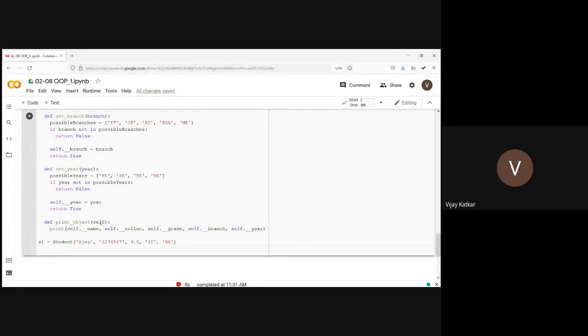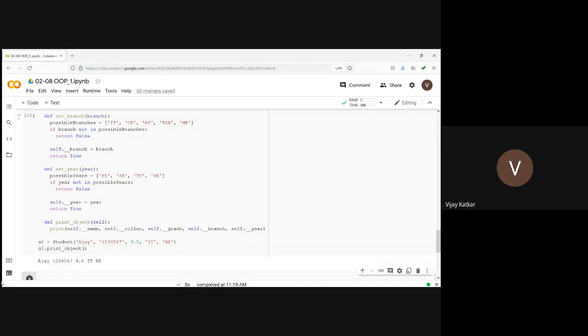So the object we have created, let's call the method s1 dot print_object. So Ajay, roll number and all.